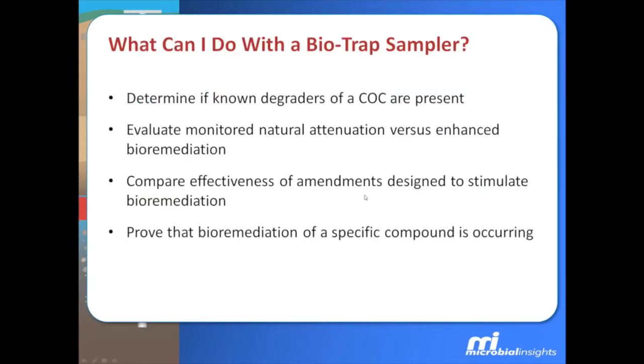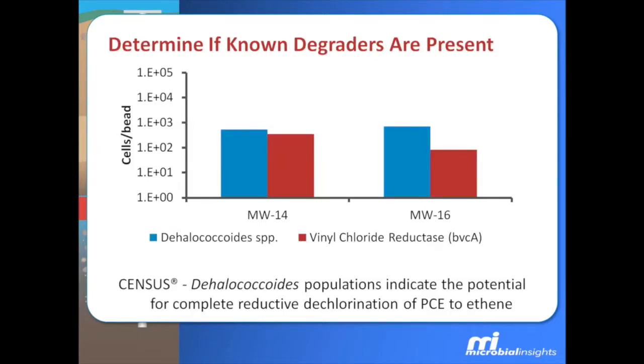So I'd like to address now different things we might do with a biotrap sampler, and I've got basically 4 bullet points here. We'll talk about the first one, determine if known degraders of a contaminant of concern are present at a site. And just to give you a quick little example, here are the results of analysis of biotraps that were